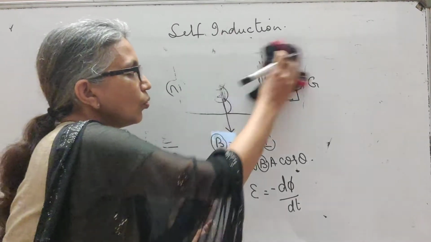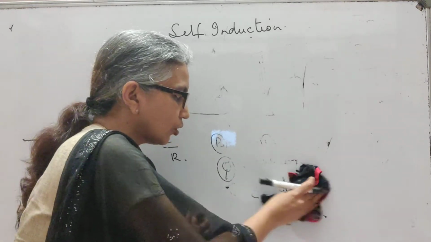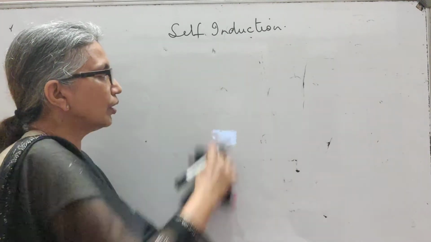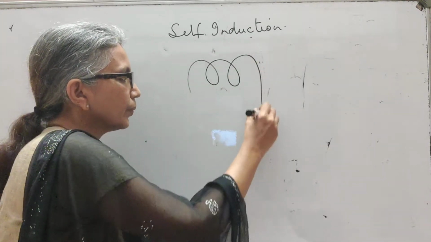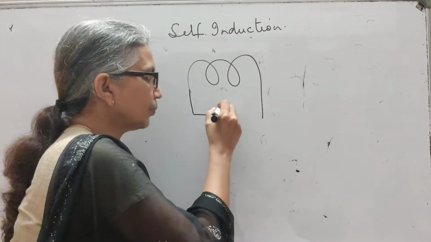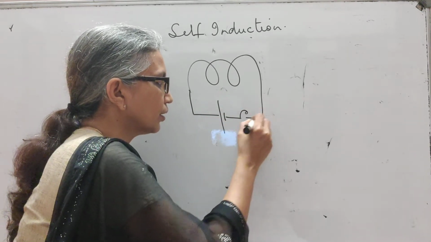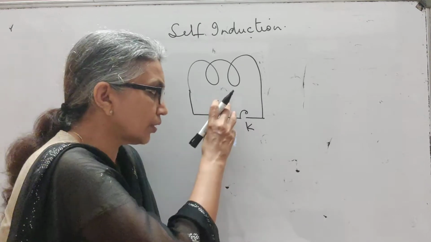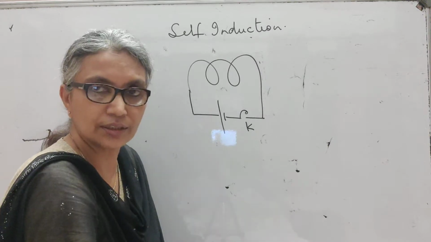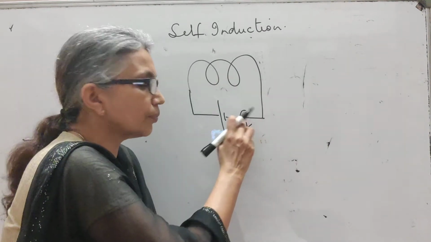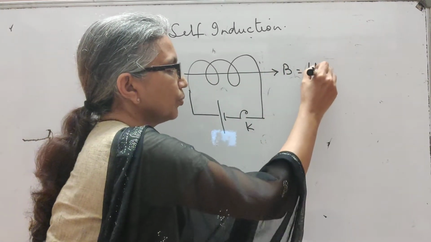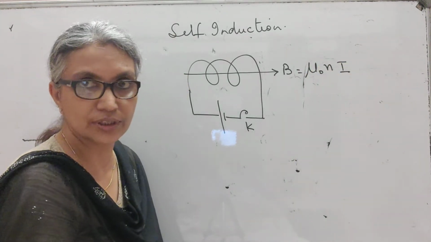So if I draw just one coil, not two coils, let's say we have one single coil. You can connect this to an AC source, which will provide a changing current. Or let me now connect it to a DC battery along with a key. So you can have an AC source which will provide a constantly changing current, or a DC battery which will give a constant current, but I have a key here. Now the magnetic field along the axis is B equal to mu 0 Ni. This I've taught you in the fourth chapter.